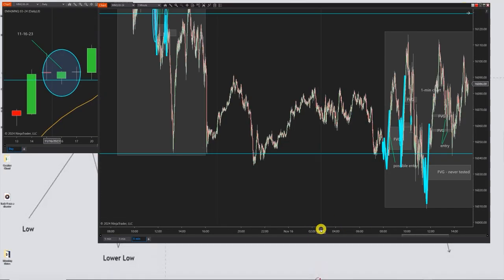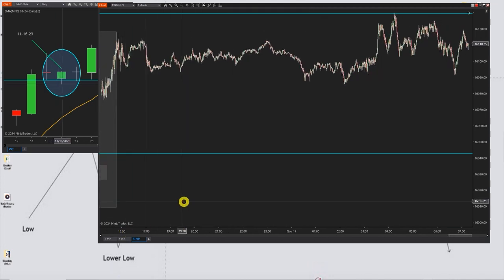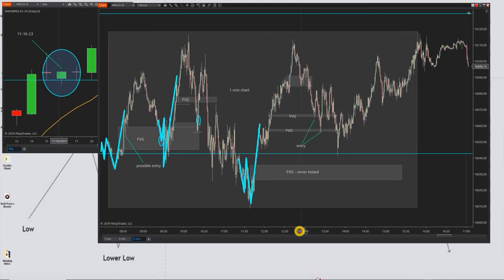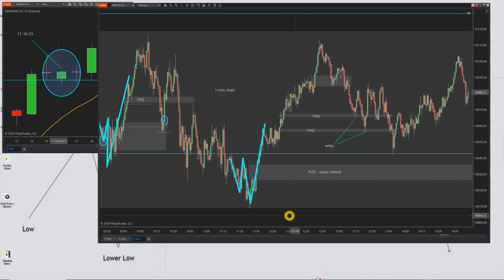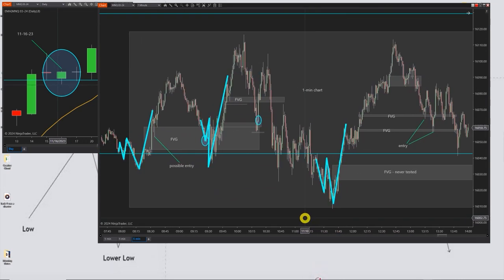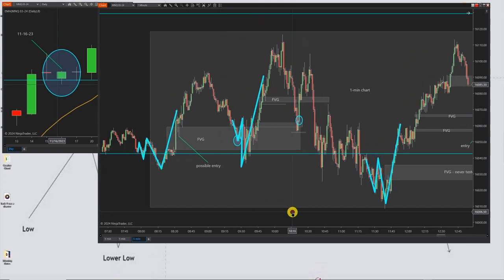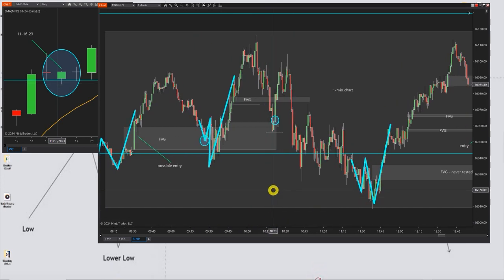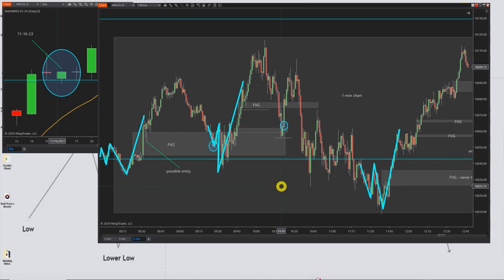So this is how we're looking at these breaker blocks, fair value gaps, and the highs and lows of the previous days. And our thinking, our logic, our rational processes that we're using. And truthfully, they don't always work. And risk management is key. We have to always have good stop losses and stick to that. Stop moving that around. Make sure you get out when you're supposed to get out. But in my other studies on this technique, it is really, really worth pursuing in terms of profitability,